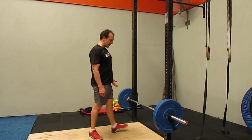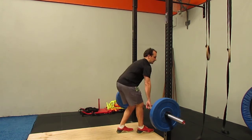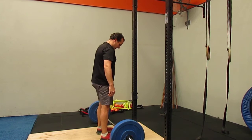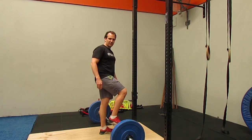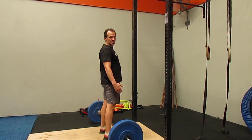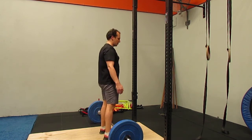Now we're going to look at our standard deadlift. That's where we put the weight on the ground. Now, we look at, firstly, our feet position. So we want to have that as close to our shins as we can. So then we simply